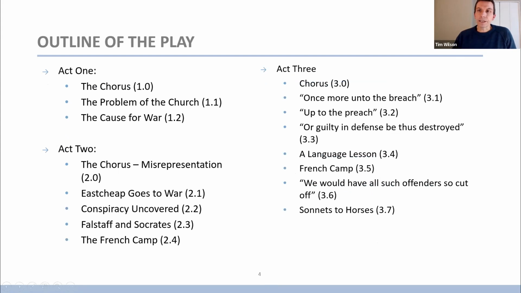Before we get started on some of the issues that I want to look at in the play, I think it's good just to summarize what basically happens, make sure we're all on the same page in terms of the actual plot and actions of the play. So we have an outline of the play here in the next few slides, and so I'll just go through one by one and give a sense of what's going on.